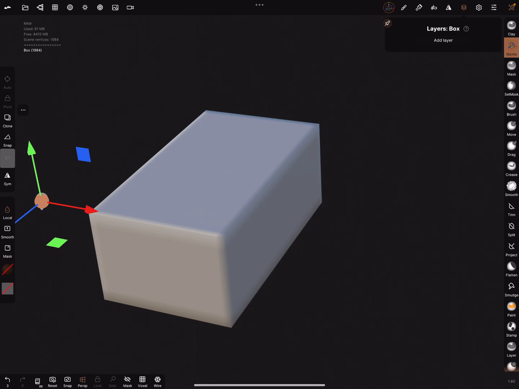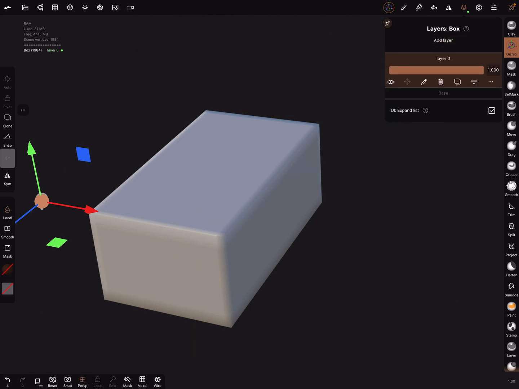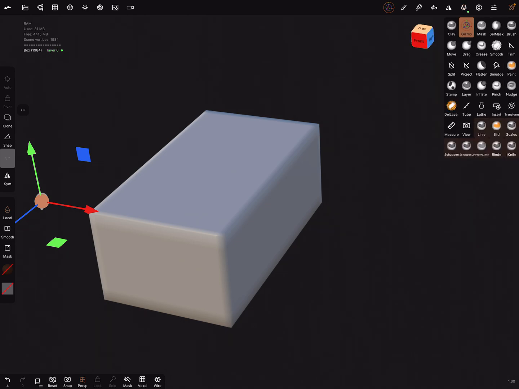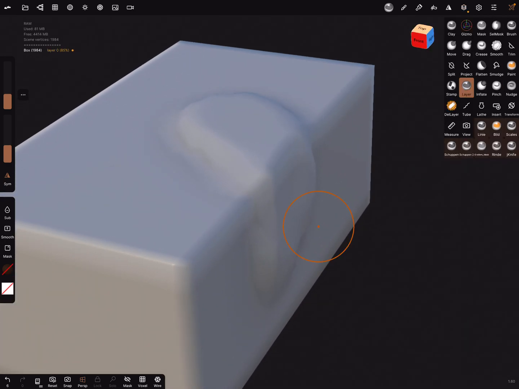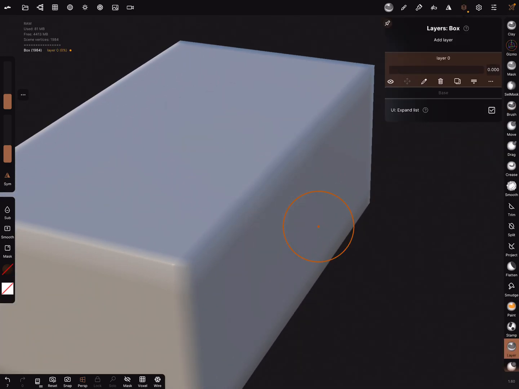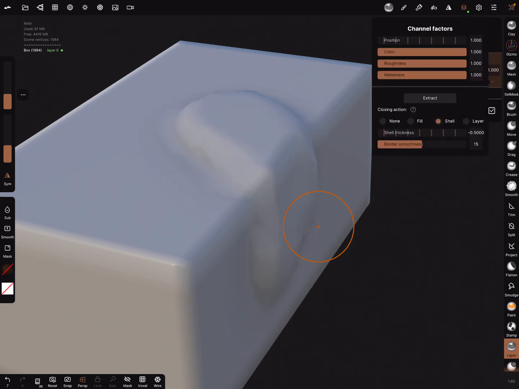Here in the layers menu, you can add a layer, and okay, I'm drawing on the layer or sculpting, and you see the layer is active, and on the 3 dots menu in the layer settings, now you can extract this. You can extract it as a fill, as a shell, or as a separate layer.